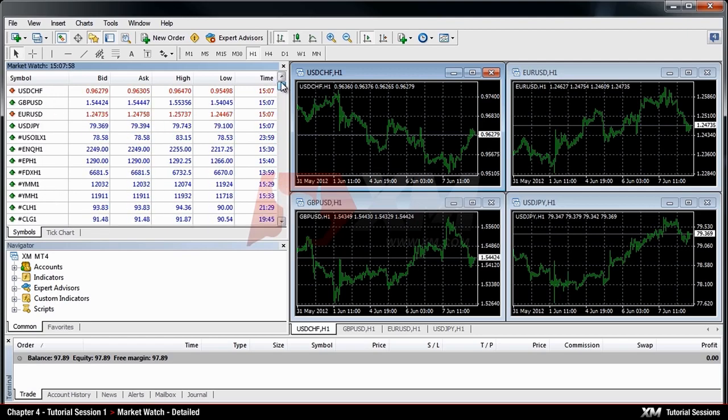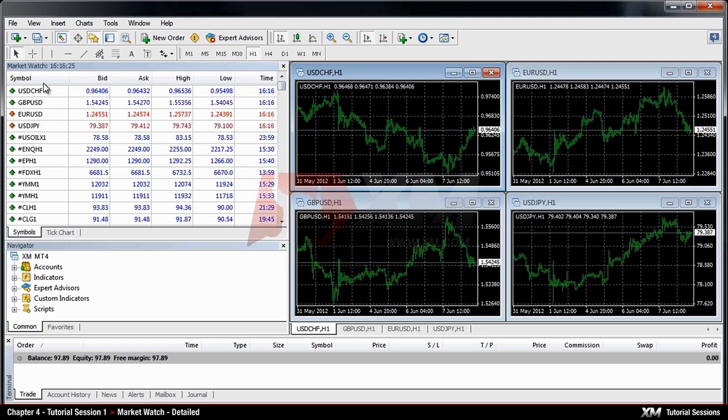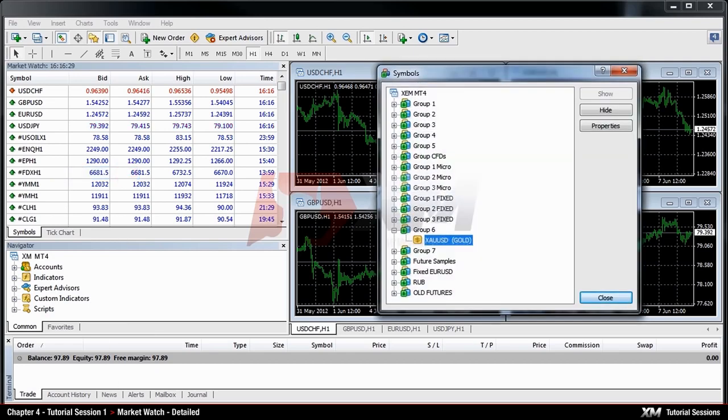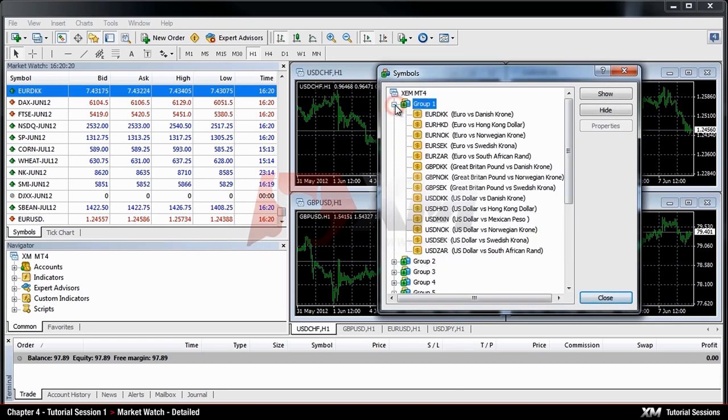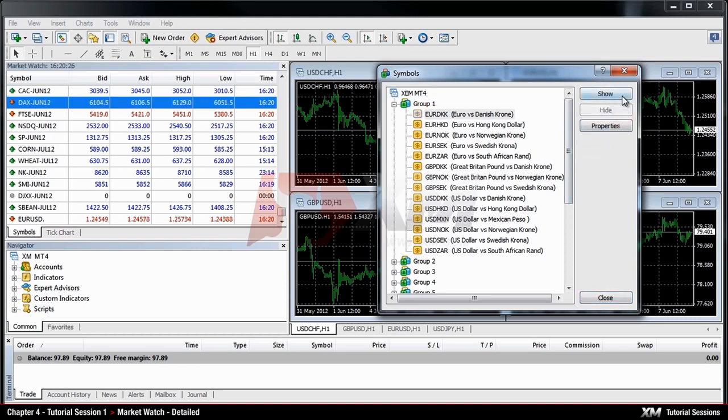by XM displayed. By choosing the Symbols option, a new window will appear, showing the group structures of all the symbols offered. For example, if you click the first group, you can see all the instruments in that specific group. By selecting any of those symbols, you will be able to hide or show that specific symbol in your Market